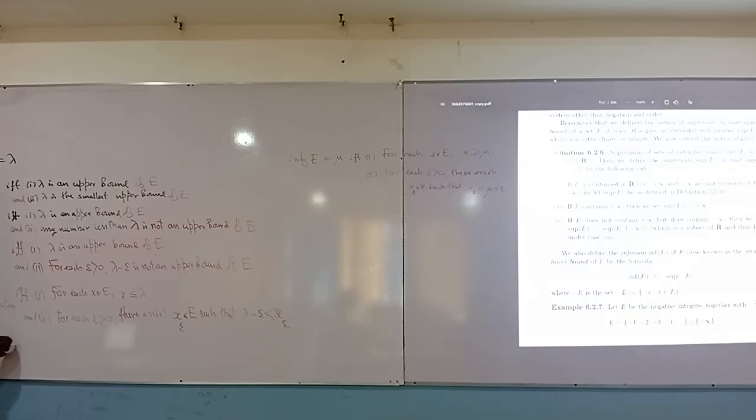If and only if two things, no? One. Not one. Oh, not two, no? P and Q, the negation of P and Q is not P or not Q. Not P is there exists X belongs to E